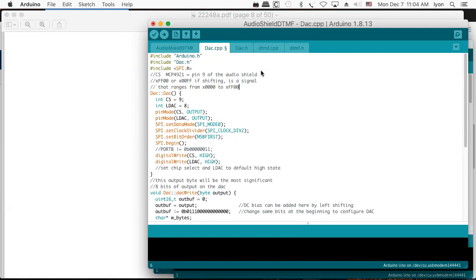And so that would be equal to 65,535 minus 255, right? Because FF would be 255. So 65,535 minus 255 would come to perhaps 65,280